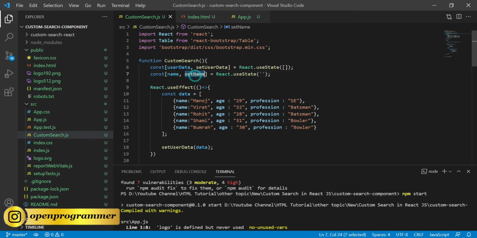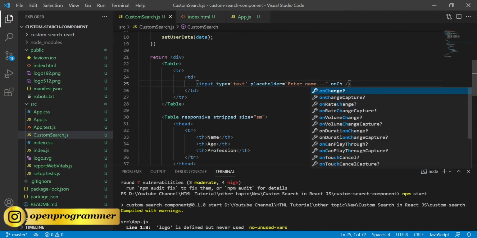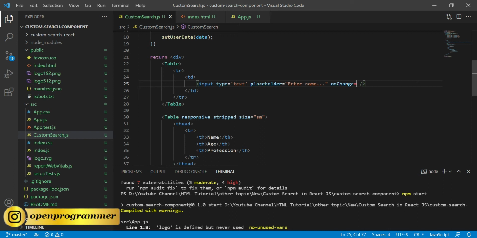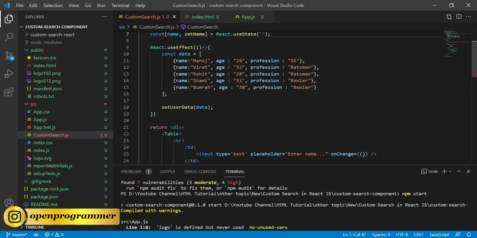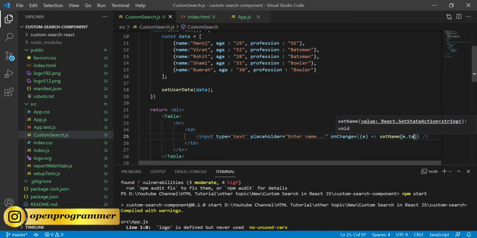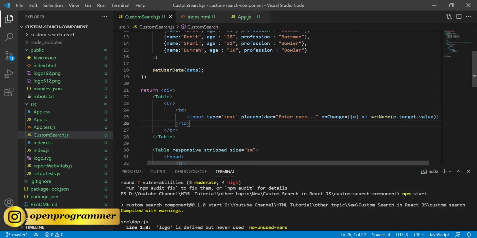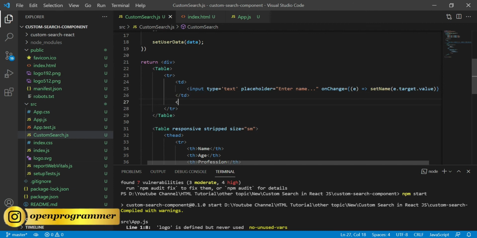So on this onChange event, let's call this setName so that it will set the value of this particular text box into the name variable. So e.target.value. Fine. Save this and let's take another TD,